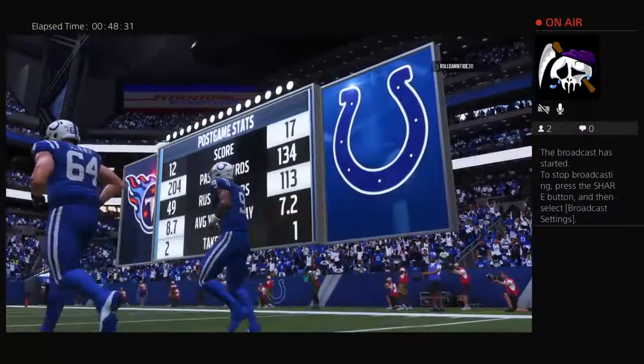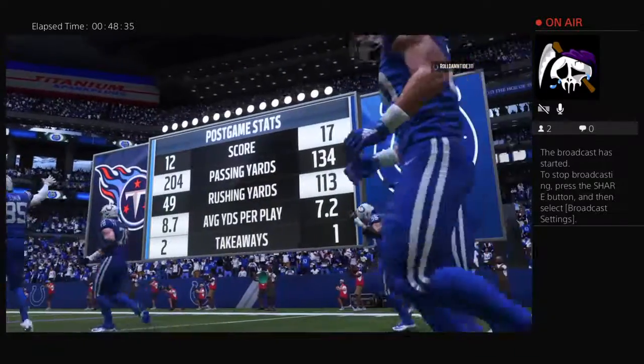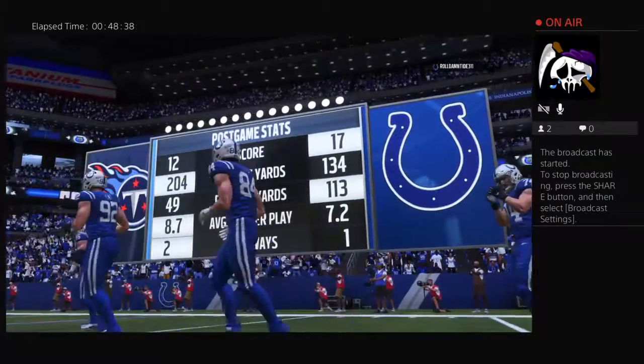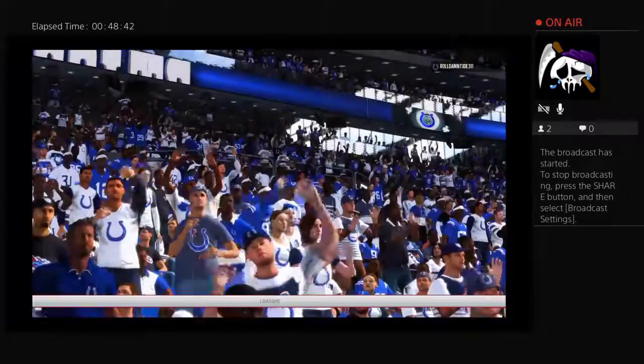So for Indianapolis, it's an important win in terms of staying in the postseason race as they move to 6-4. And they'll have another home date next week as the Miami Dolphins come to town. Meanwhile, for Tennessee,